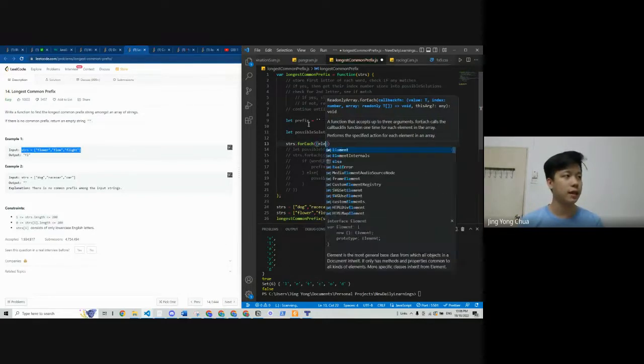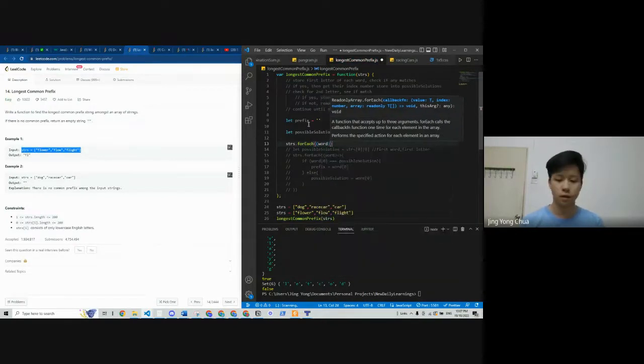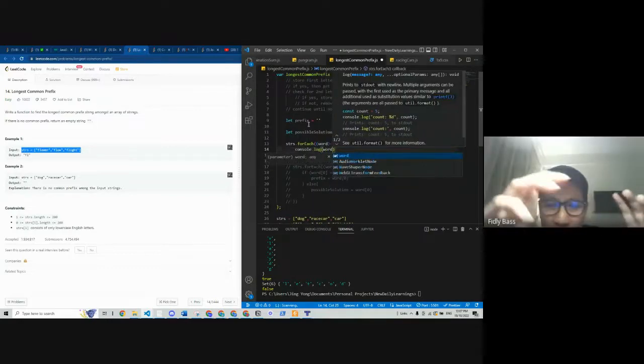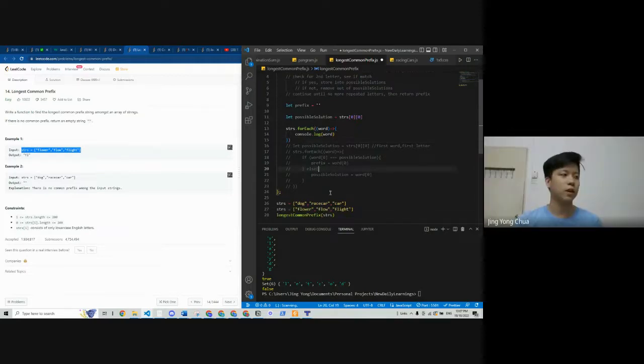And you have to pass in the item inside. The item inside will be word, or you can call it E also. This is the value that we get. Is word a keyword? No, it's not. You can use it as a variable any way you want. It's just a variable, correct.